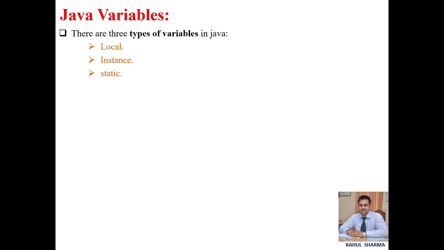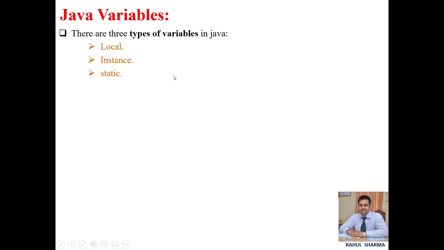There are three types of variables in Java: local variable, instance variable and static variable. So what is a local variable? A variable declared inside the body of a method is called a local variable. We can use this variable only within that particular method, and the other methods in the class are not even aware that the variable exists. A local variable cannot be defined with the static keyword.